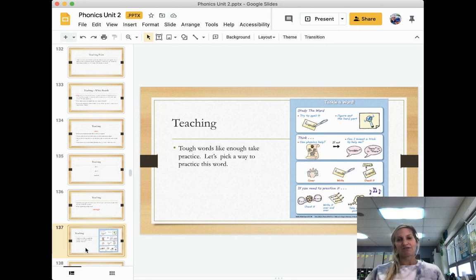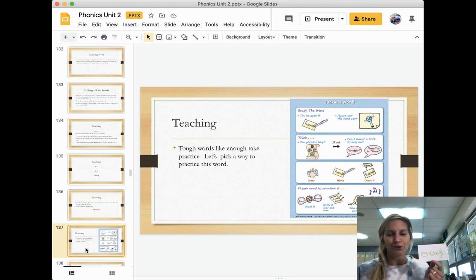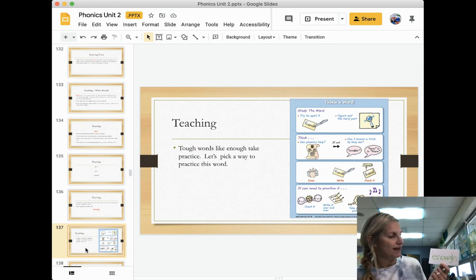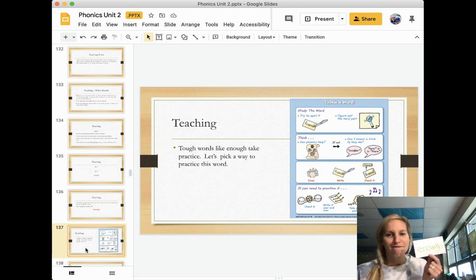So one of the ways that we've talked about just tackling a word like this is that we could start by studying the word. And let's really look at a word like enough. Okay, and when I look at enough, I see my E-N, en, and then my O-U are a vowel team, right? That make a long O, right? Actually, it's kind of a short U, uh. And then I have my F sound, don't I? So I know right away, I'm just going to say this over and over a couple times, that my GH